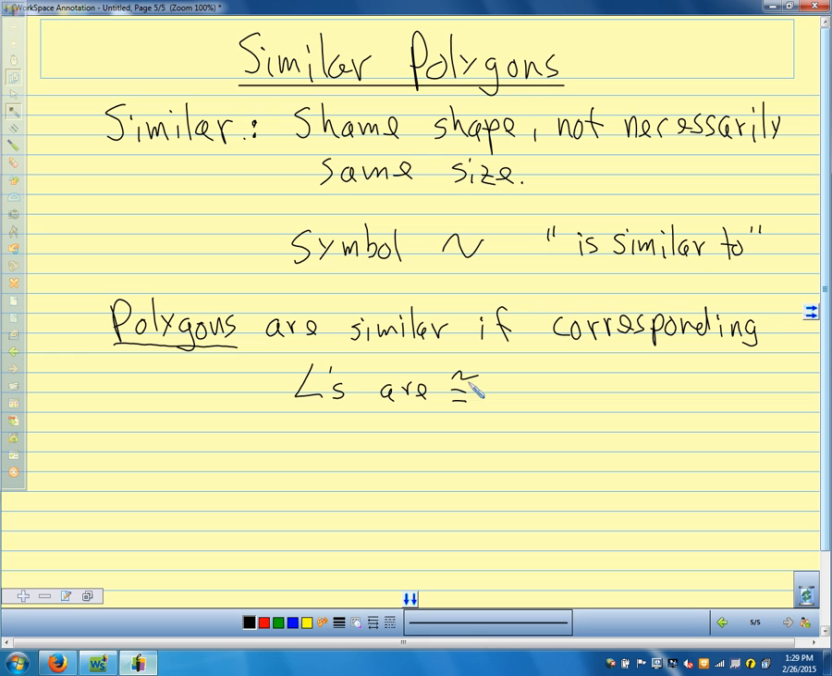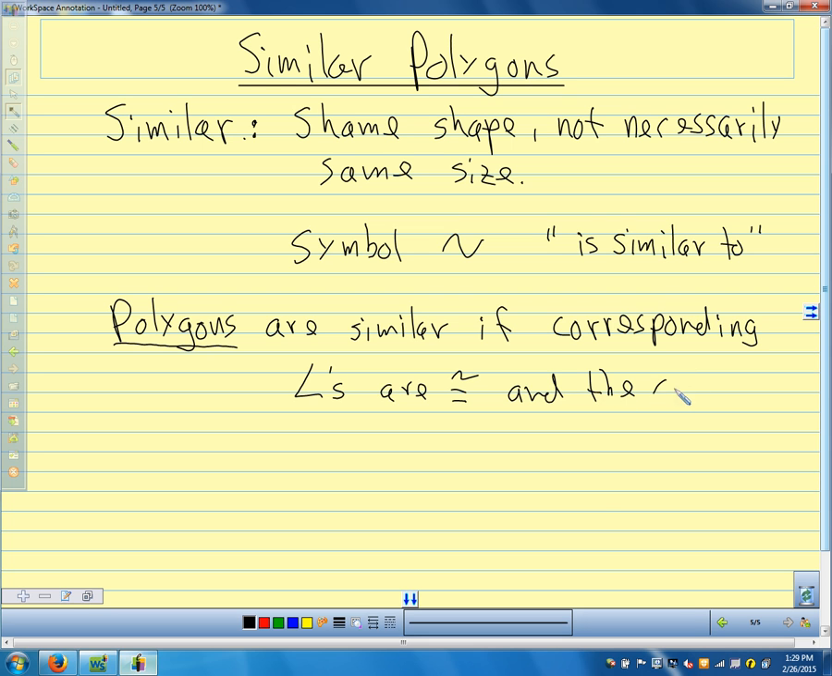What do we mean by corresponding? We talked about corresponding when we talked about congruent triangles. We matched up the corresponding angles. Right. So we match up the small one with the small one, the medium one with the medium one, the big one with the big one, etc. So corresponding means they're in the same place on each shape. So the corresponding angles are congruent